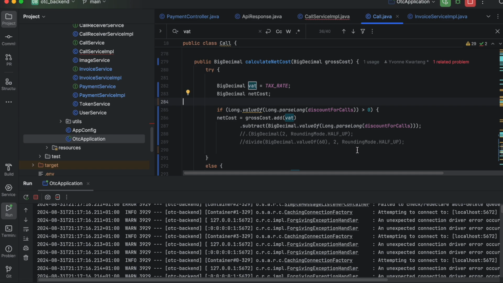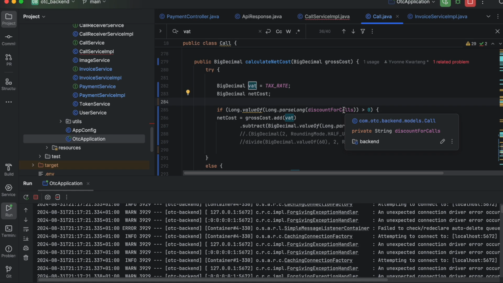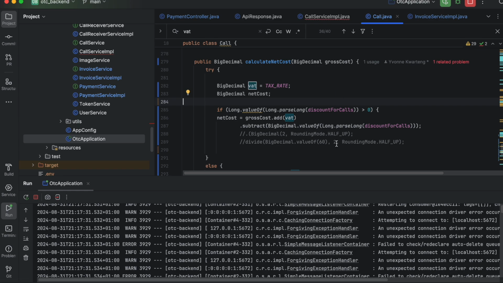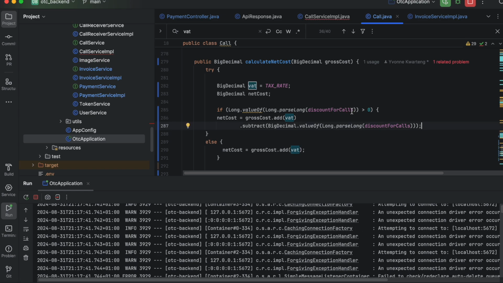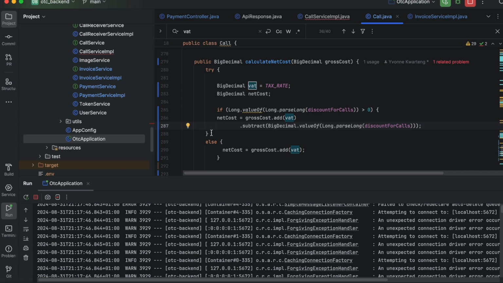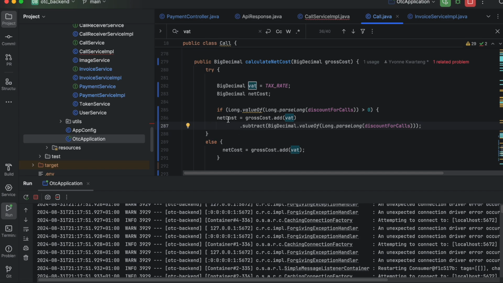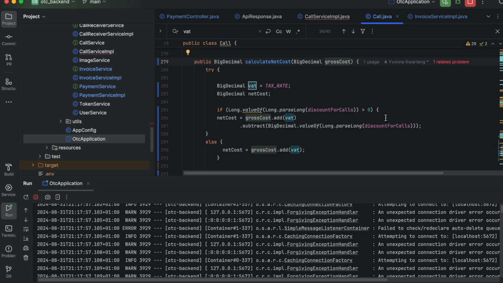the discount for calls, which is the value we'll be getting for the discount, which is already set, the value that we get from the user. The discount for cost, I think it might cause some trouble, but anyway, because I think we should get it in another way. Discount for cost, we just check that the discount for cost is greater than 0, right? And then if it's greater than 0, just make sure that the net cost is equal to this gross coming in our way, and add that